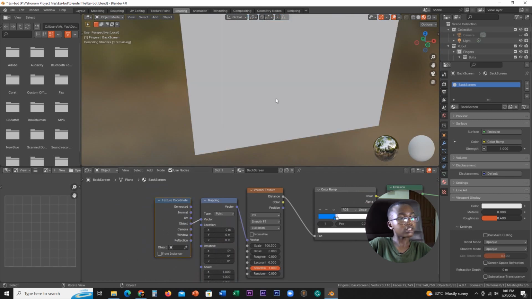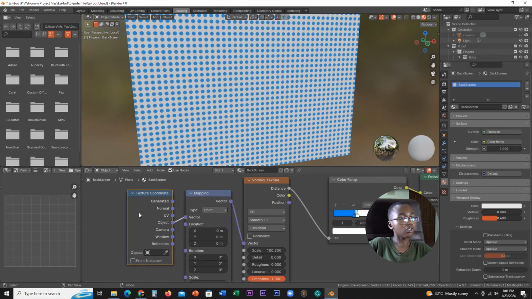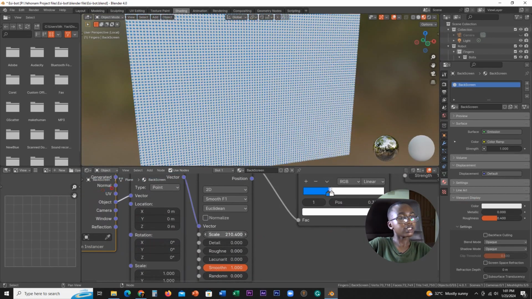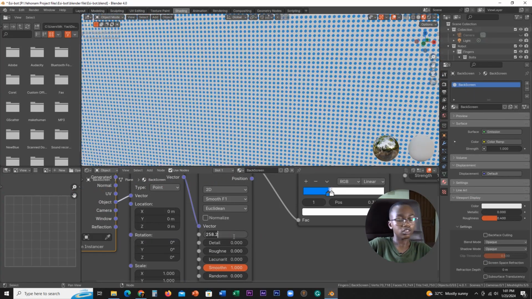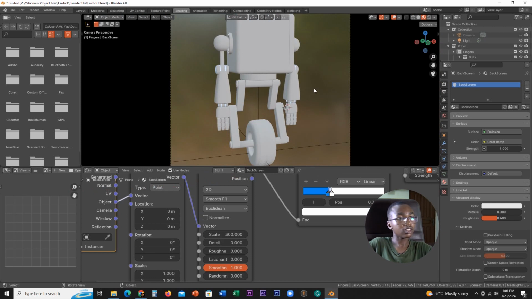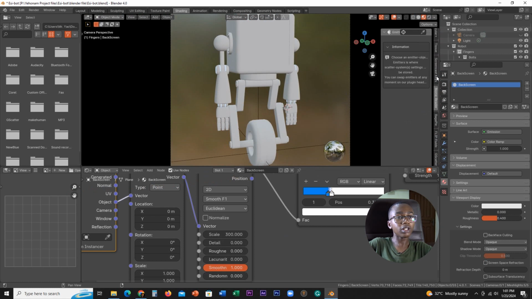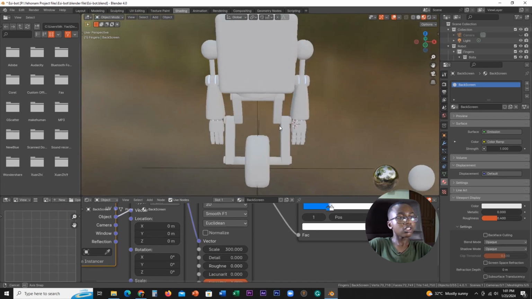Using the objects. Good. Using the object coordinates. We'll increase the scale more. Let's go for 300. Hit / again. Enable screencast keys. We can't see because our glass is in the way, so what we have to do is